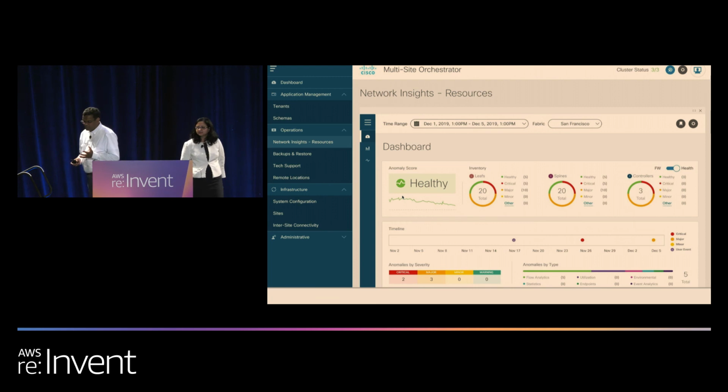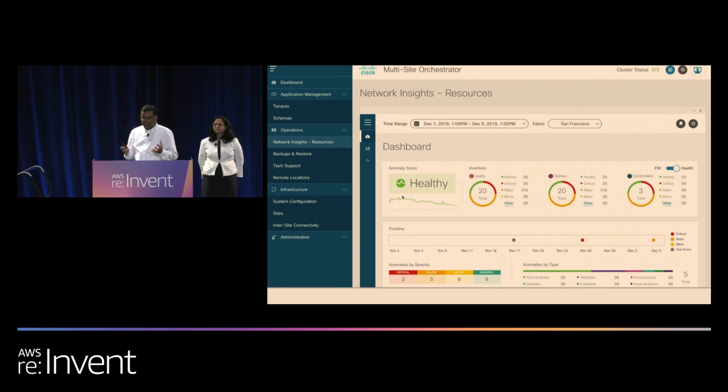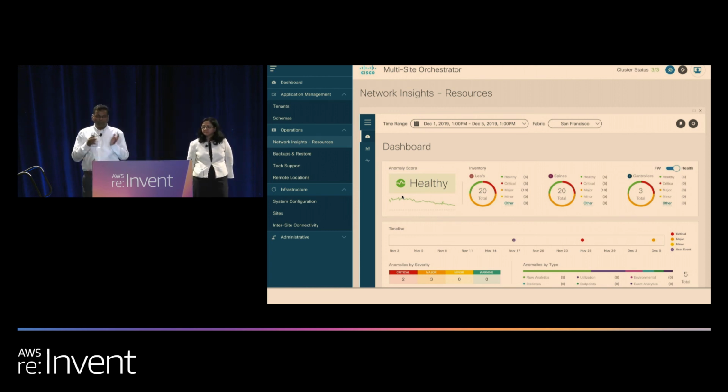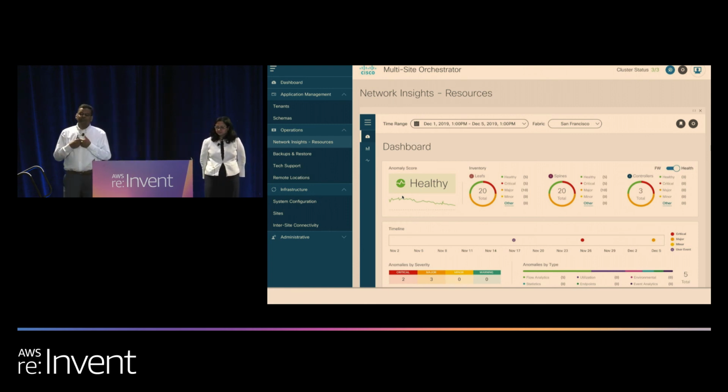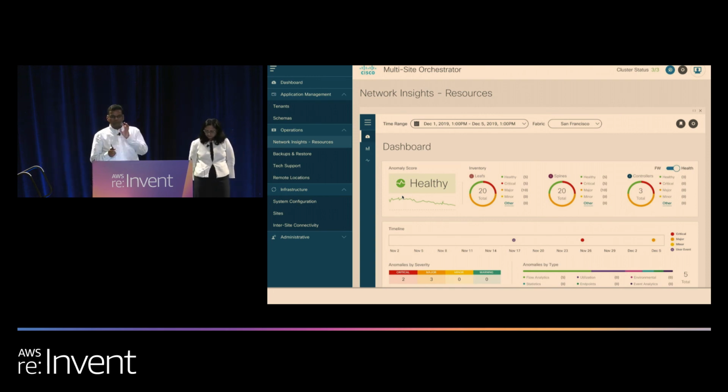So we have a concept of Network Insights. Network Insights is our application architecture which manages the whole operation life cycle. We allow you to proactively monitor all the troubleshooting as well as resources. We give you advisory information, telling you which information you need to know: end of life, end of support, all of this, as well as a full resource life cycle. What resources are you consuming on premises versus in the cloud?